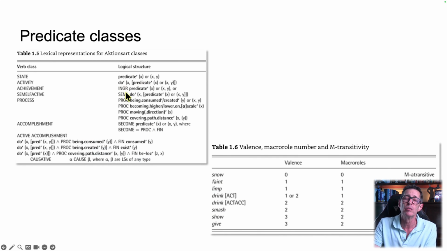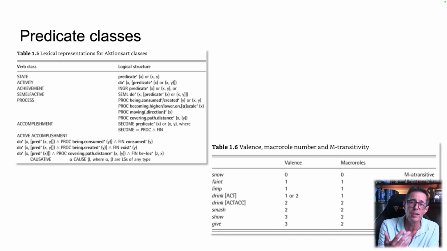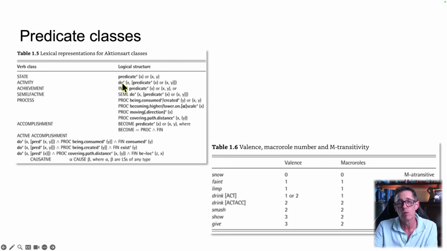Okay, so let's drill down into a bit more detail. So predicate class, you think of it as a verb, but there's a lot of variation across the world's languages. Across any language, there's a lot of variation because meaning has a lot of variation. So here are the building blocks. State and activity are the building blocks of the semantic representation. A state is something like being happy. So you've got happy here, and then you've got its argument, or it could be know. So in this case, you know something, and then you've got two arguments. So I know something. And so that's a state predicate, and that's how they're drawn as a representation.